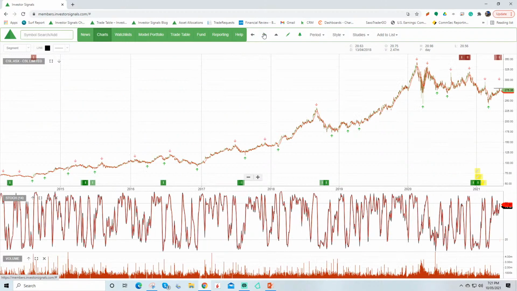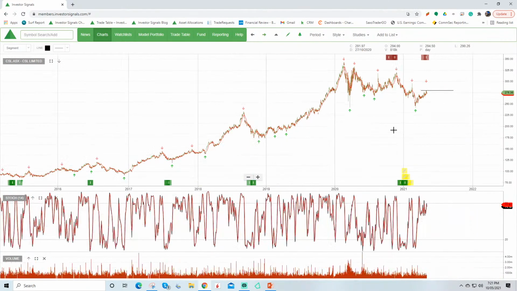So this is one of those names where for the most part we've kept this in portfolios, but we just flagged that it is making lower lows and lower highs. It's rolled over from the 350 high down to 250 support, has rallied back. We've now got the interim pivot point pointing down, and it's under sell signals here. Ideally what we would like to see is this structure flatten out a little bit in the price to actually break up, make new highs, pull back, create a higher low and a shift back to algorithm buy signals.